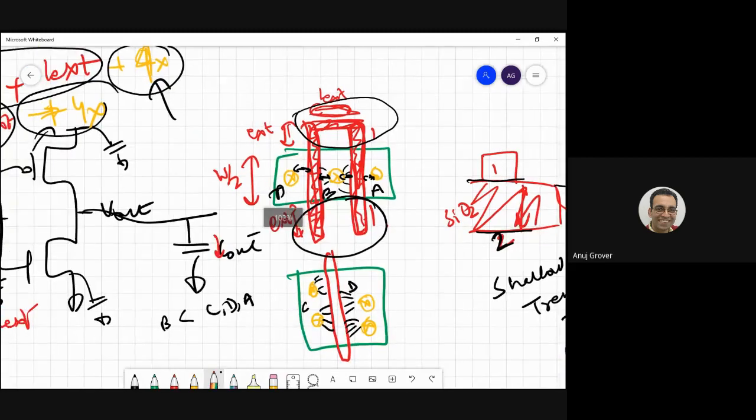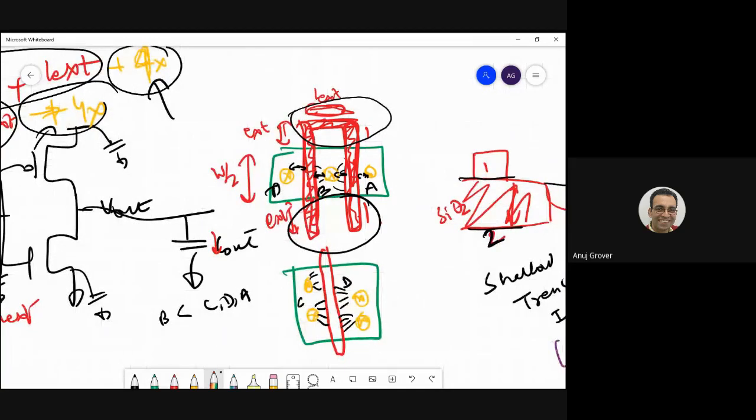Coming back, has the output capacitance reduced or not? It has, yes, sir. So input capacitance also almost remained the same. Okay, a 1-2% increase. Output capacitance has definitely reduced to almost 50 to 60% of the original value. So what do you expect? The output to transition faster or slower?